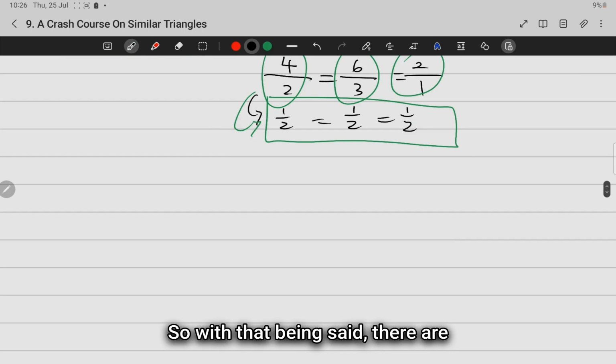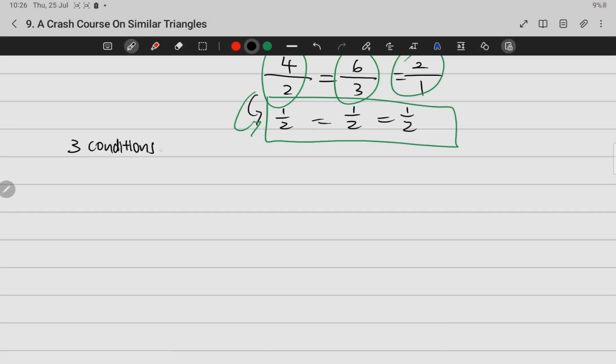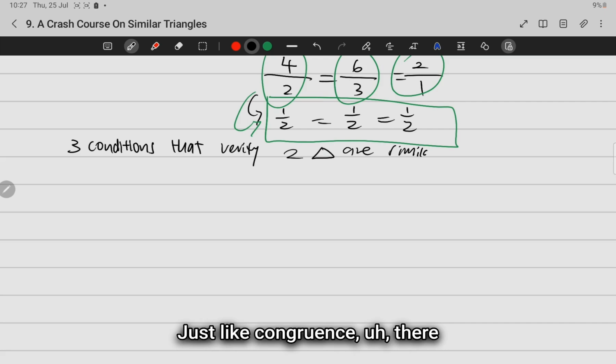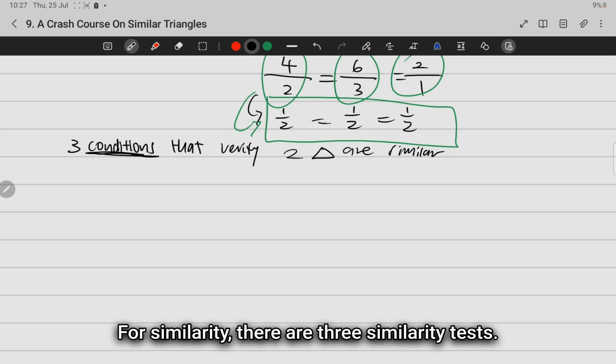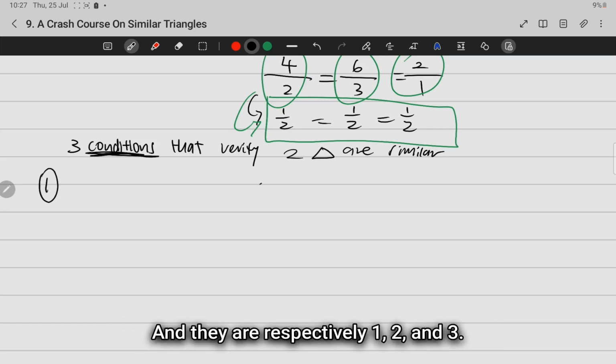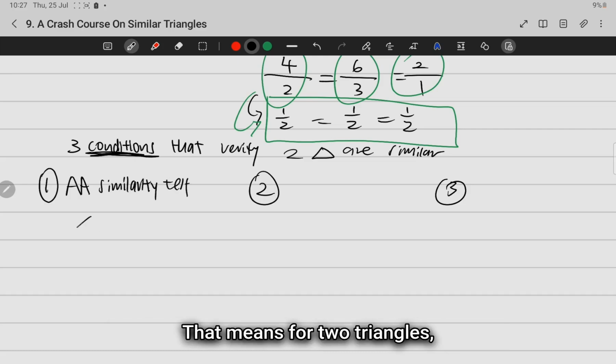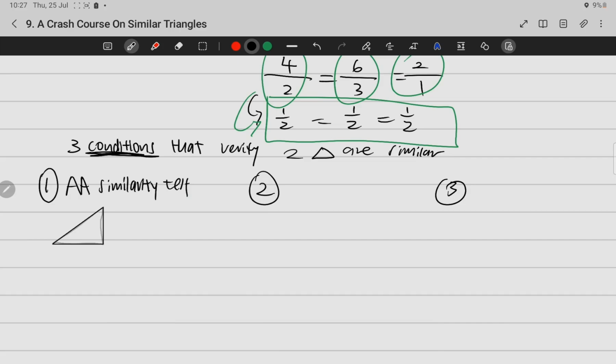So with that being said, there are 3 rules or 3 conditions to test and verify two triangles are similar. Just like congruence, there are 4 congruence tests. For similarity, there are 3 similarity tests. The first one will be your AA similarity test. That means for 2 triangles, if they are similar,